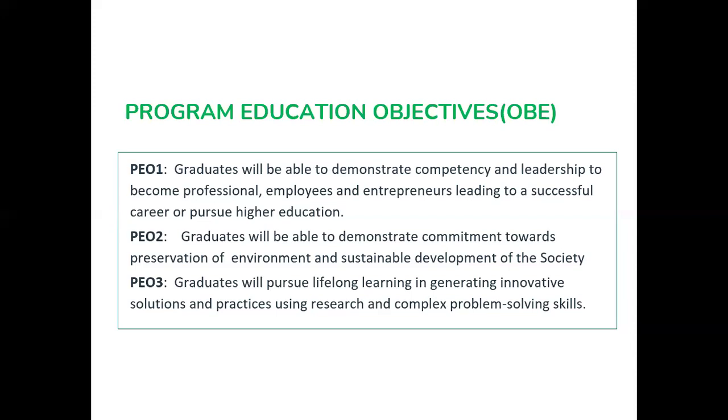Okay. So these are the PEOs. As an example, these are the PEOs and these are objectives. These are objectives, these are not outcomes. So from vision and mission, we will design PEOs based on the vision and mission of the institution. So according to the vision and mission, the PEOs can change. So these are few examples.